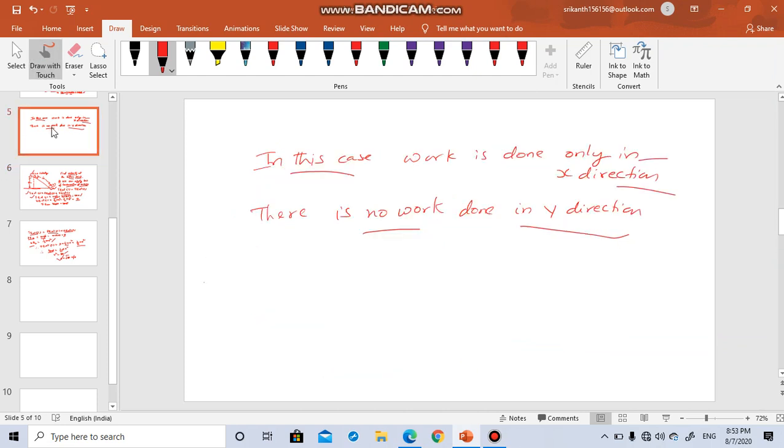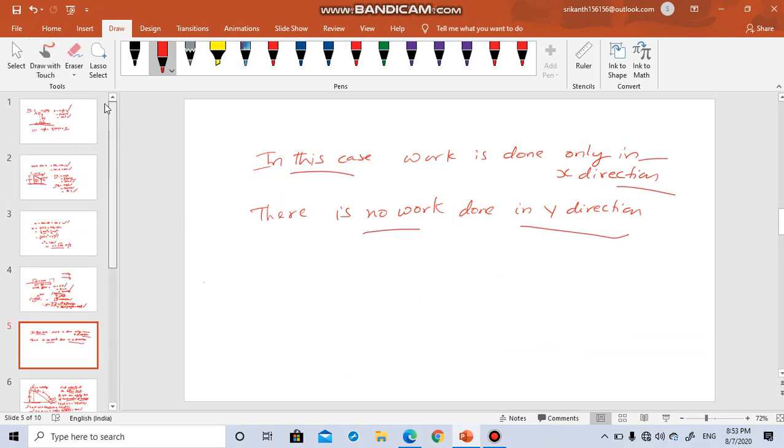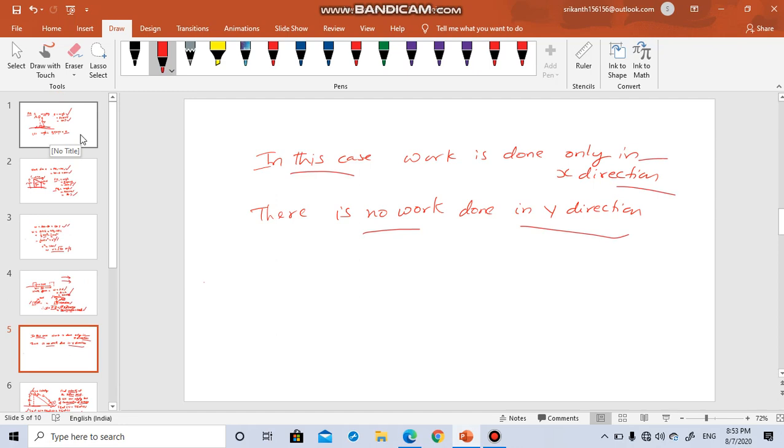And you should remember that when you are calculating potential energy at a point, you should always take a reference line. However, for kinetic energy it is not required. For potential energy only it is required. So remember that. For potential energy you have to consider a reference line. Usually the ground is taken as the reference line.